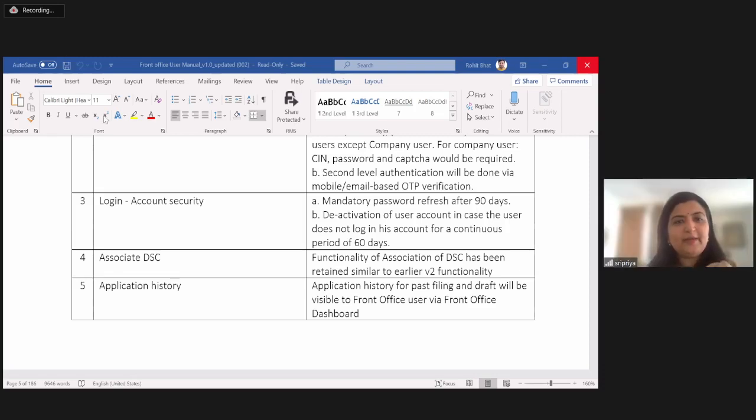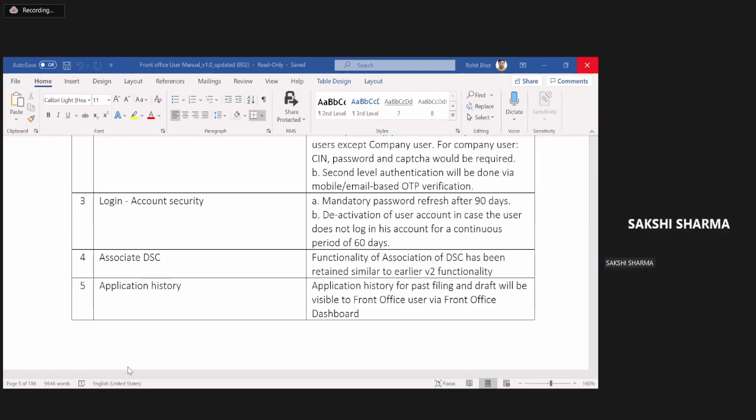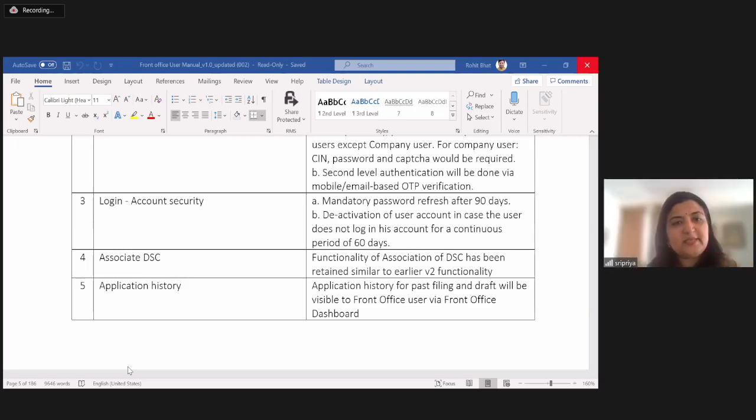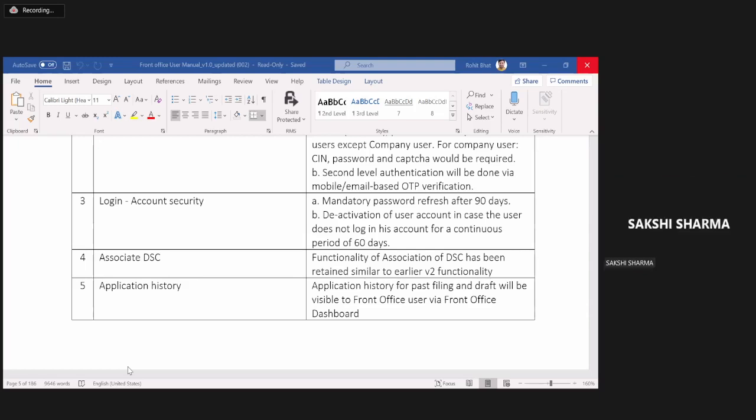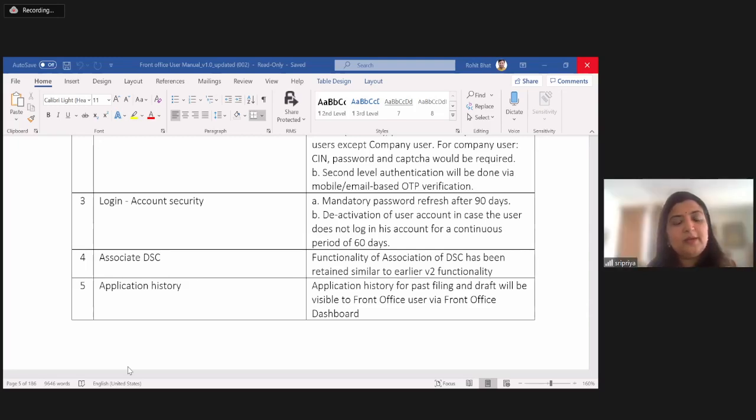And just to elaborate, for the benefit of the users, I can describe it in two situations. It is an existing company that you have already filed in V2 last year. Neither has the professional changed, it's the same company secretary or chartered accountant, and neither has a director changed. Continue your filing in V2, no issues. But if there is a change, or you have to reassociate your DSC, or you've got a new DSC, then that has to happen through V3. So whatever is there in V3 will automatically get populated into V2.